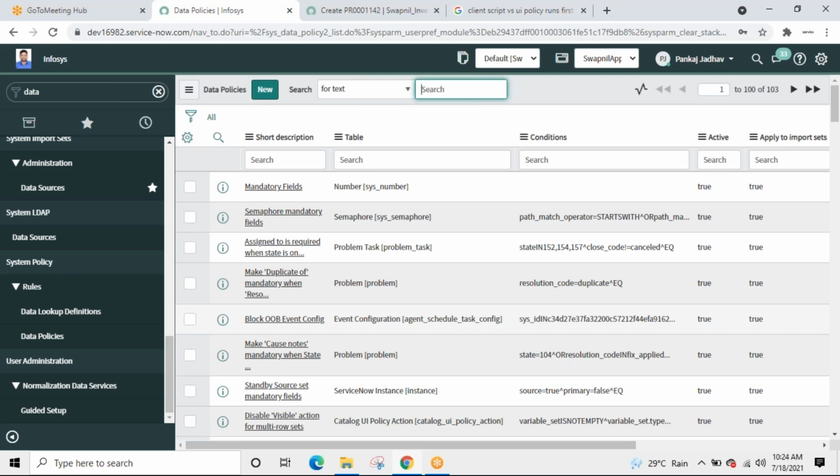Form A to Form B, data push using GlideRecord: open a reference, GlideRecord, initialize, set value, call the insert function. It will push the record to Form B. In that case, would those validations work? No, because we are not opening the form and submitting the record. We are pushing from the backend. At that time, if we want to do any kind of validation, we will do it using data policy.